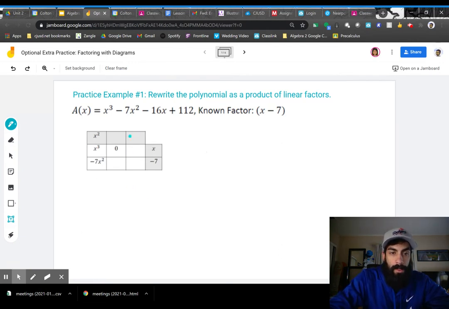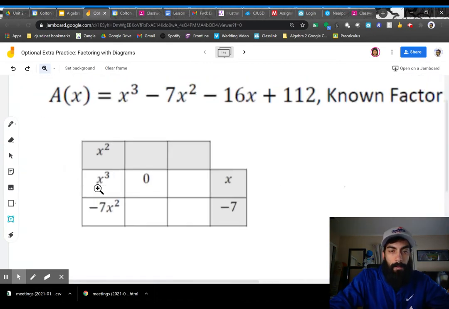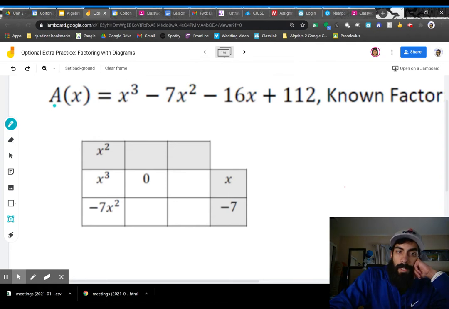All right, so some of this has already been filled in for us. I'm going to zoom in a little, that way we can see it better when I write. Our polynomial is this function A of x equals x cubed minus 7x squared minus 16x plus 112. So they already filled in some stuff for you here. Right here,